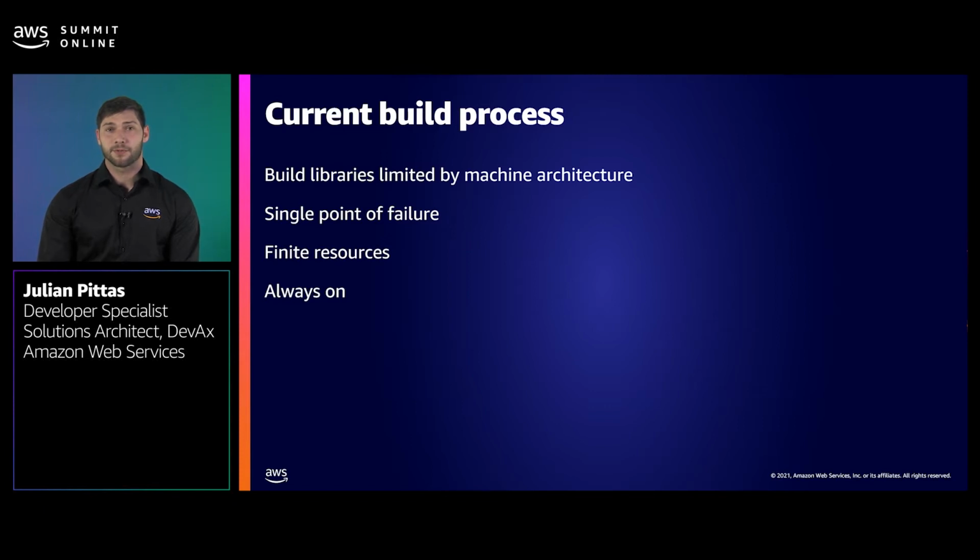This build server also became a single point of failure. If your network connection was interrupted or the power went out, you wouldn't be able to release any builds until the problem was resolved. The build server you purchase is also a capital expense on the business, and the resources on the machine, like storage, compute, or memory, are finite. And once you hit any of these limits, you would need to go out and get another physical machine.